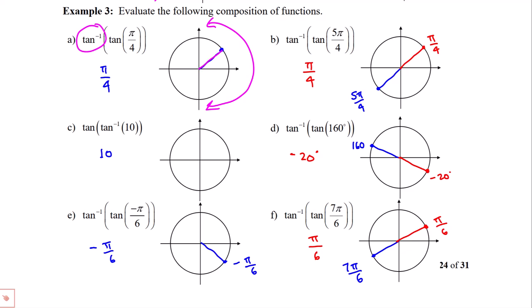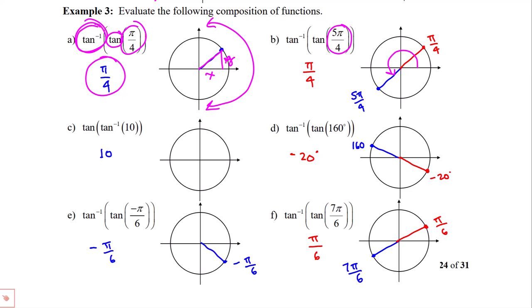Well, here's pi over 4. It is some y over x, that's tangent. But I don't want the tangent, ultimately I want the angle that got me there, and the angle that got me there is between negative pi over 2 and pi over 2, so that's acceptable. But this one, 5 pi over 4,